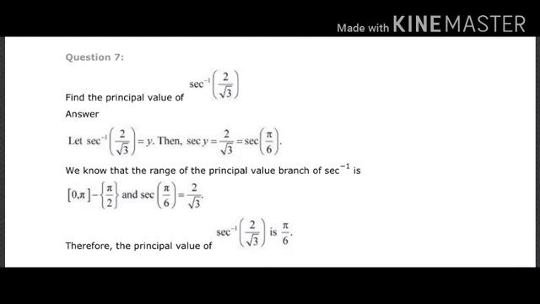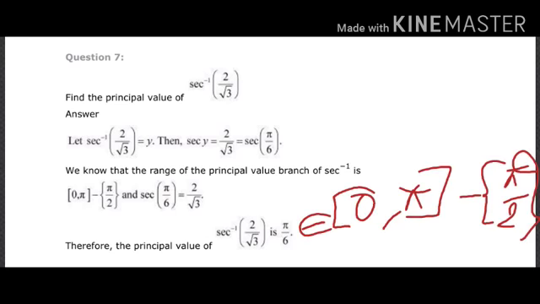Now question number 7, find the principal value of sec inverse 2 by root 3. We'll assume again the question as y, then sec y will be equal to 2 by root 3, and 2 by root 3 in sec term is sec pi by 6. We know the range of principal value branch of sec inverse is 0 to pi close bracket minus pi by 2, and sec pi by 6 is equal to 2 by root 3, as we know earlier. Therefore the principal value of sec inverse 2 by root 3 is pi by 6, as it lies in the